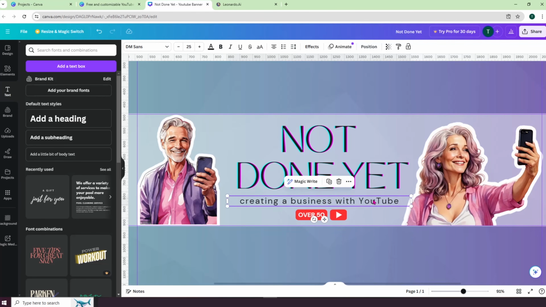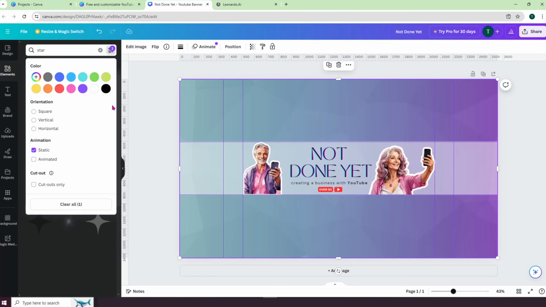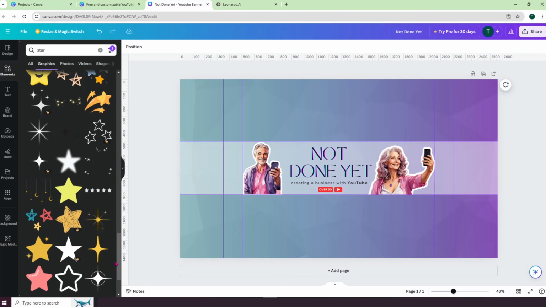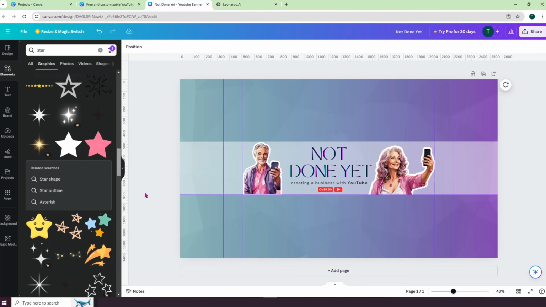So I'm going to search star because I just want a little bit of a sparkle on that banner. And again, dragging it to get the size I want. And knowing that it is slightly outside of the safe zone, but that's okay. And then I'm going to copy it, right click, copy. I'm going to paste it, but first I need to click on allow Canva to see my text and images copied onto my clipboard, and then paste in the corner, position it, copy it again, move it to the other corner,